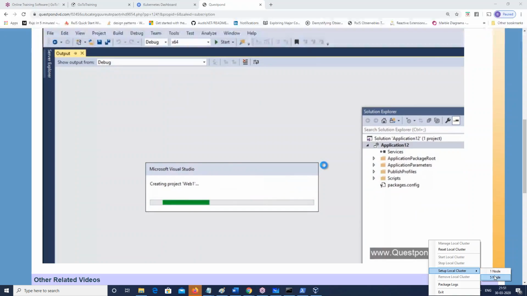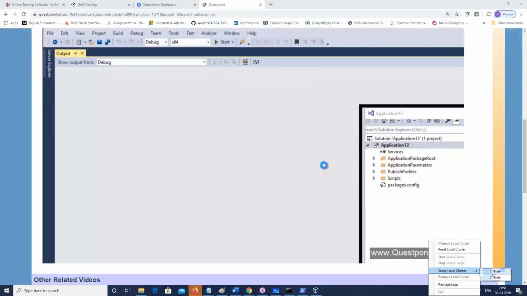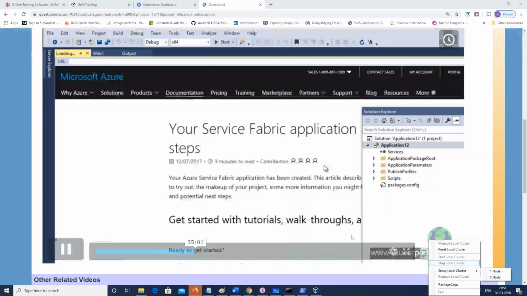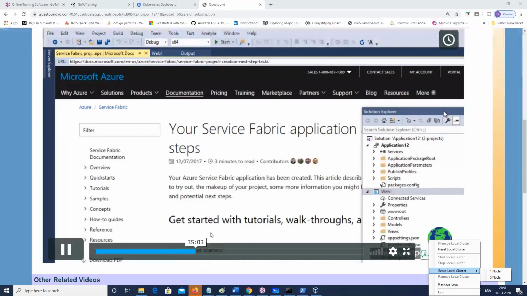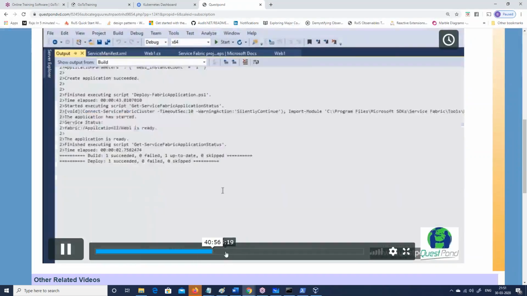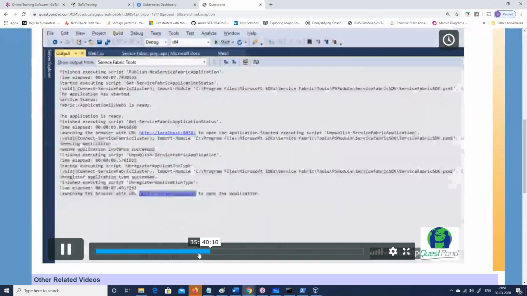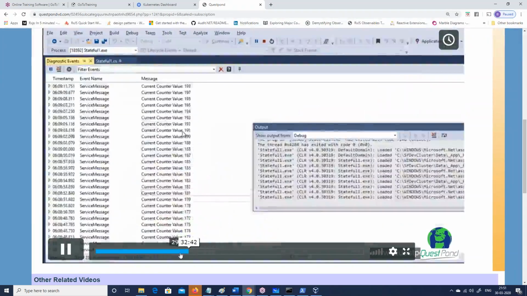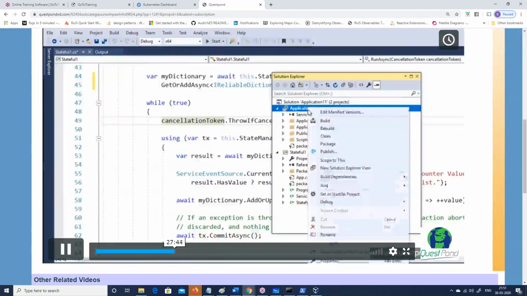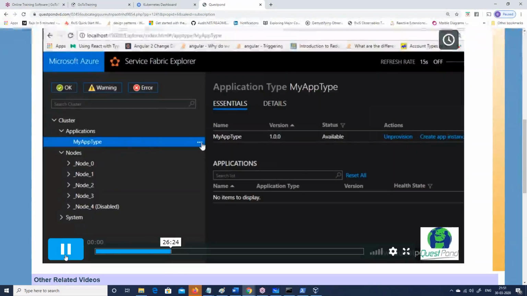Can you see, guys, in my local also, I have installed this Azure Fabric, 1 node, 5 node. So all that is out here in my local. That's absolutely what Azure Fabric is. Actually, let me show you that thing. Yeah, look at this.